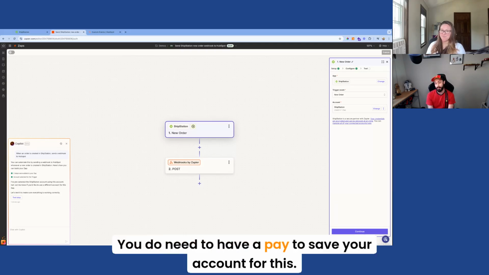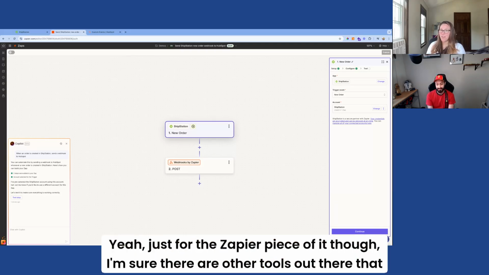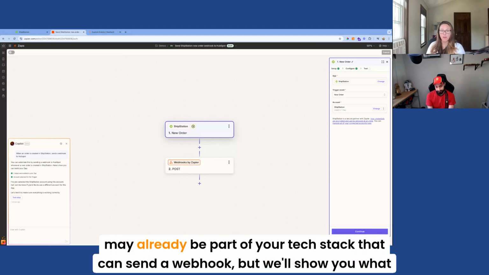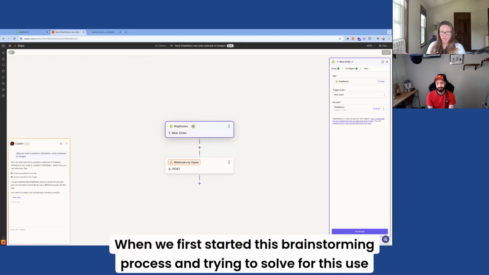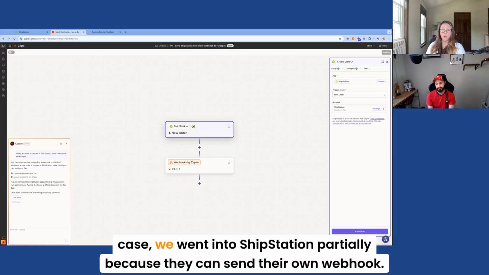You do need to have a paid Zapier account for this. Yep, just for the Zapier piece of it, though. I'm sure there are other tools out there that may already be part of your tech stack that can send a webhook, but we'll show you what some of those limitations are. When we first started this brainstorming process and trying to solve for this use case, we went into ShipStation